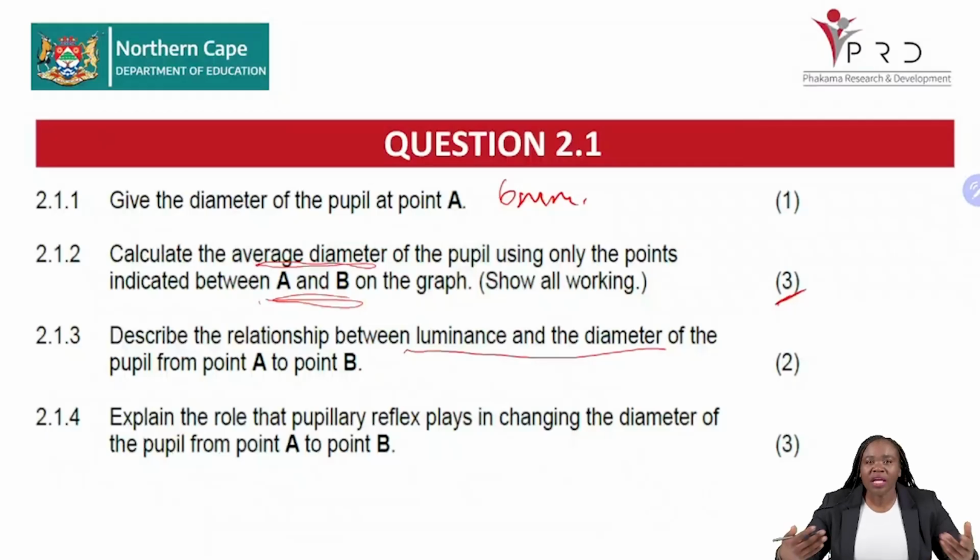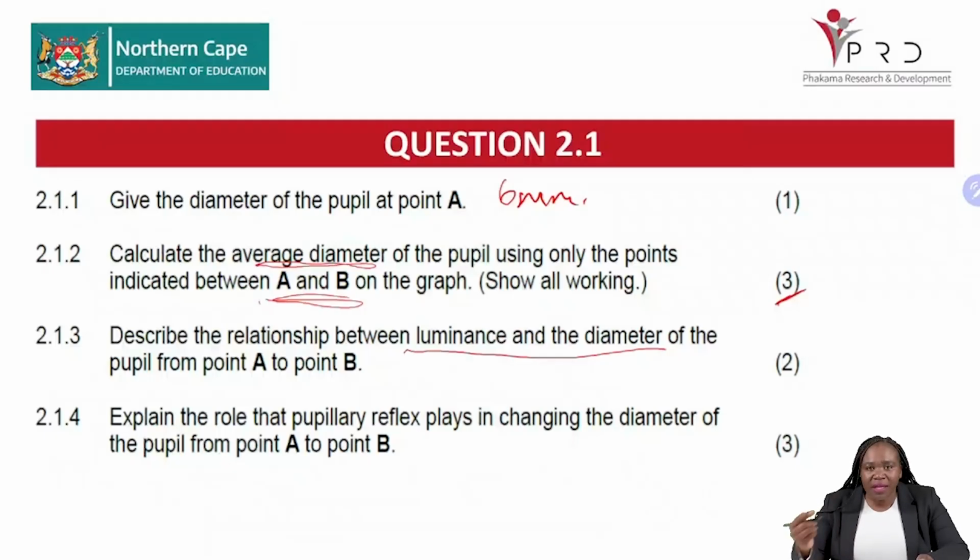of the pupil. Now, which will then also take you to having that understanding of how the eye works, right? Remember, as the brightness of light increases, your pupil would constrict, right? As your pupil constricts, it means that the diameter of your pupil will become smaller and smaller. Your diameter will decrease. Why? This is to decrease the amount of light entering the eye in order to protect the eye, right? So this is why an increase in the luminescence leads to a decrease in the diameter of the